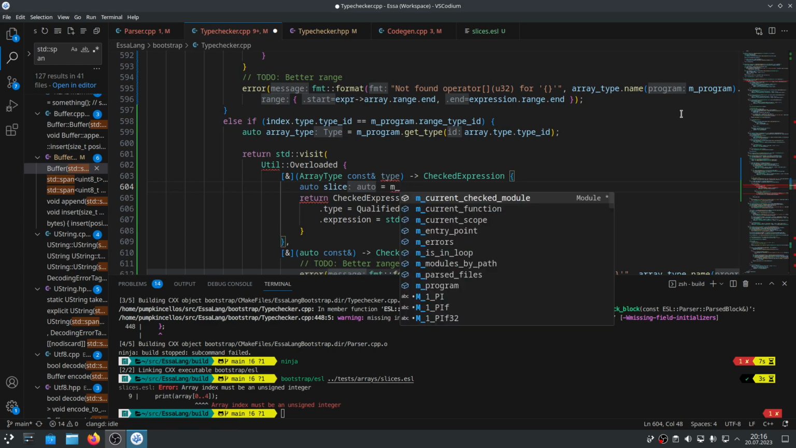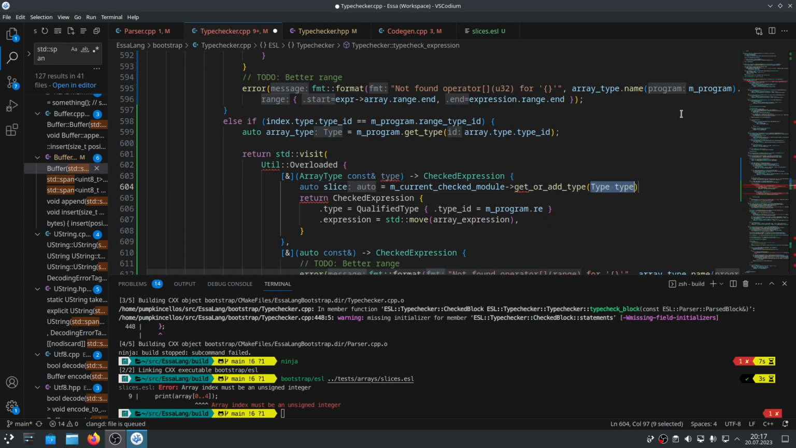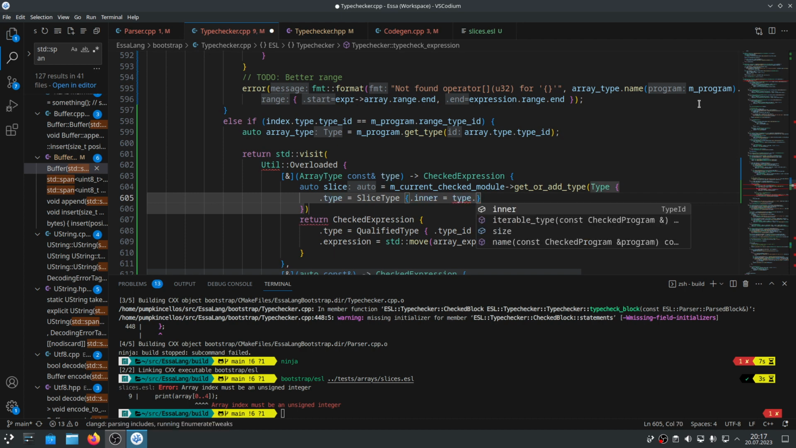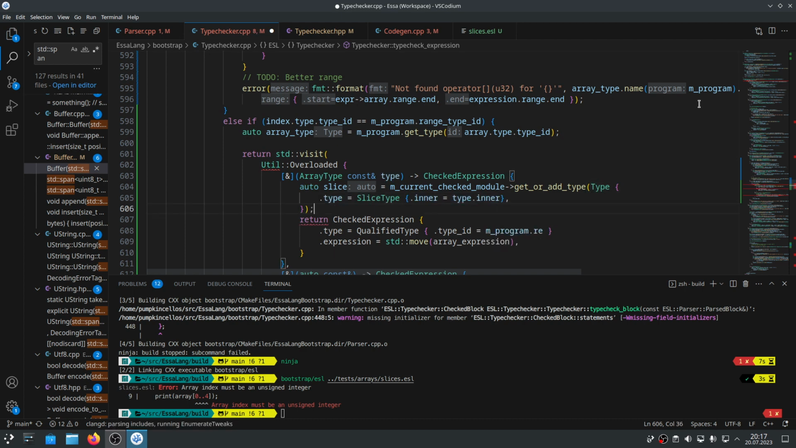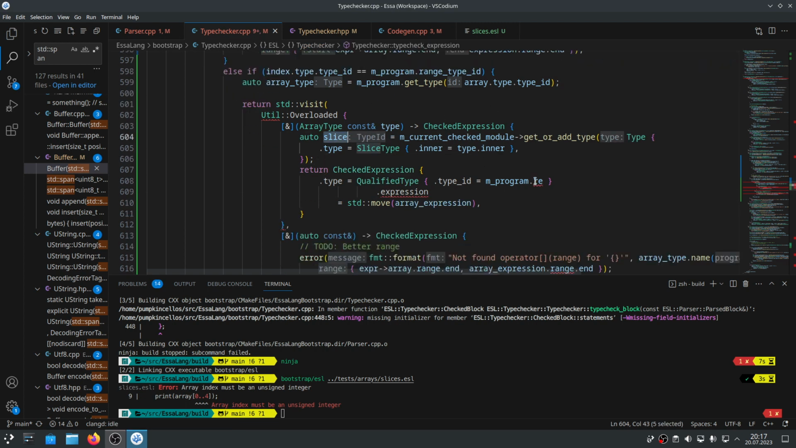Or get module. Get or add type, which is slice type. And that will have an array inner as its type. So type ID would be slice, and the expression would be